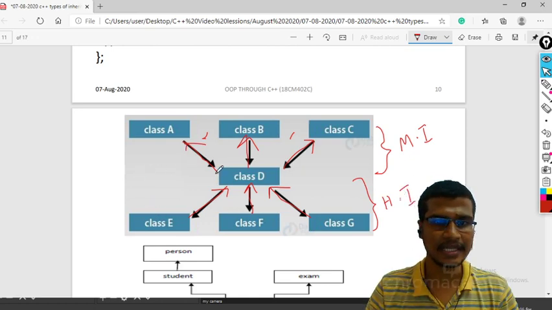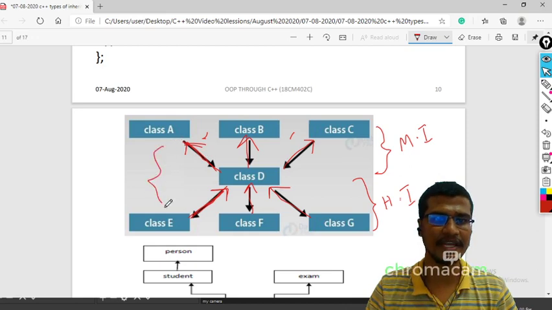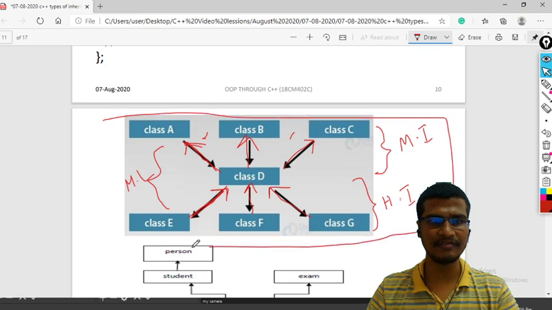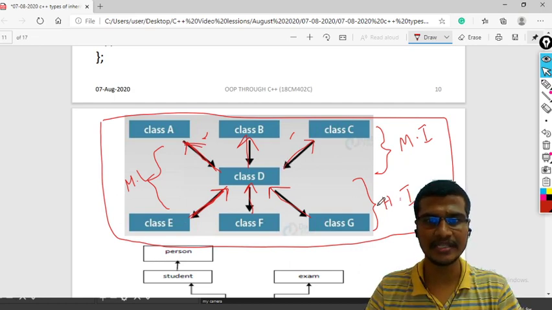And this class D is derived from this class A, and this class E is derived from this class D. So this is level by level, right? E is derived from D, D is derived from A. So what type of inheritance is this one? This is your multi-level inheritance. Okay. So this type of inheritance uses several different types of inheritances. This is your multiple inheritance, this is your hierarchical inheritance, then this is your multi-level inheritance, and a single class is derived from another class. Single inheritance is also there. This is your single inheritance.